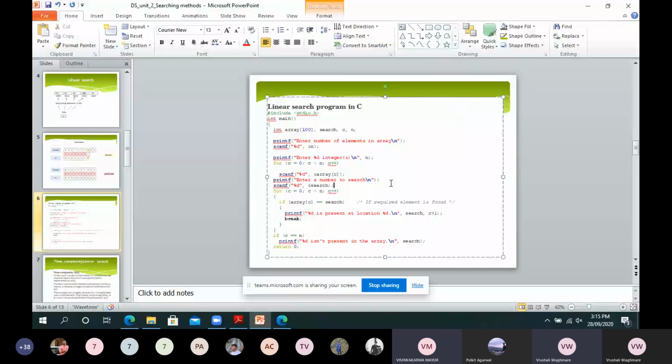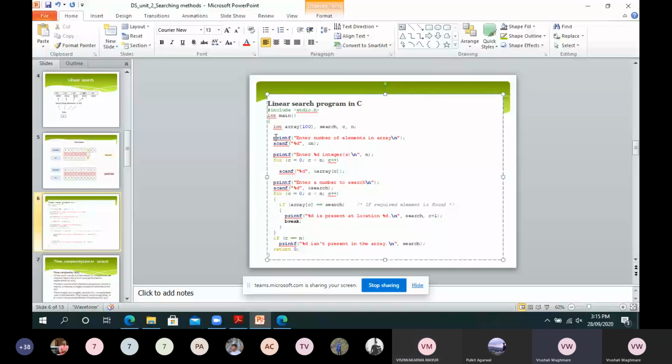These selected first two lines, here we are going to take the size of the array. What is the size of the array? What is the input? If I take 5 elements, then I will take the size of array as 5. Now the second two lines, we are going to take the values and put them into the array.